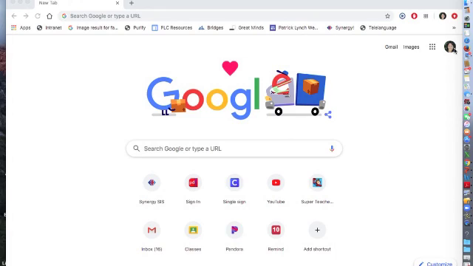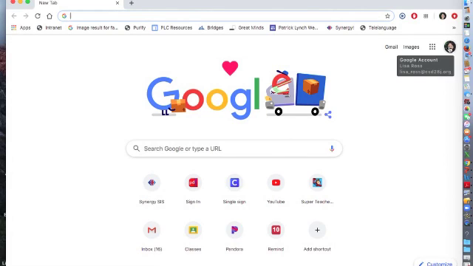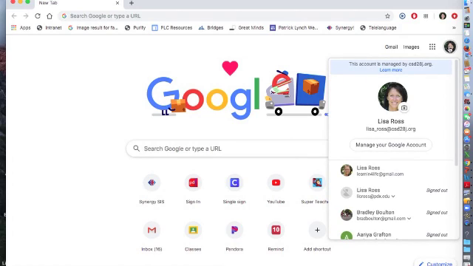When you open up, you're going to want to make sure that you're signed in. So sometimes parents are signed in because more than one person uses a computer. I'm signed in right now, but if I wasn't, I could right click on my little face right here, and